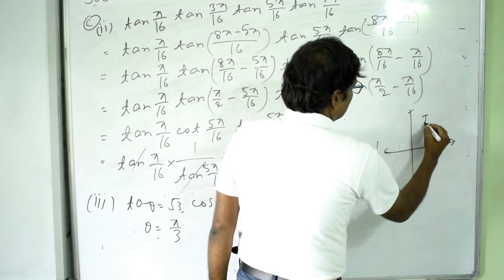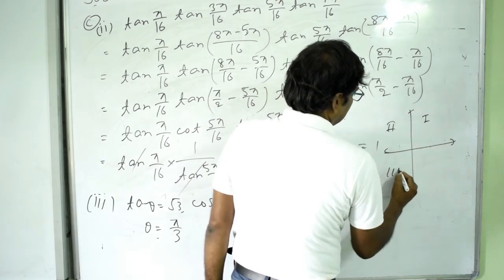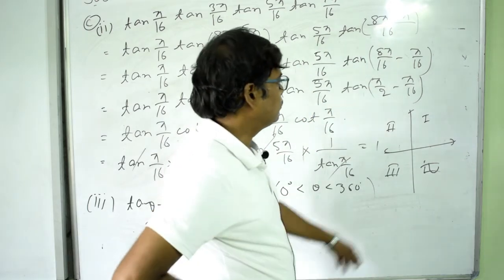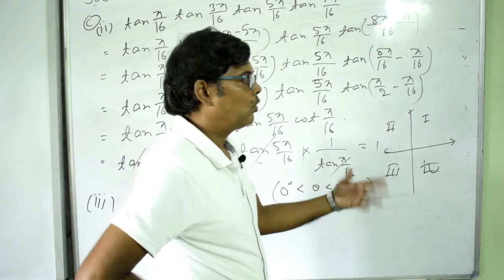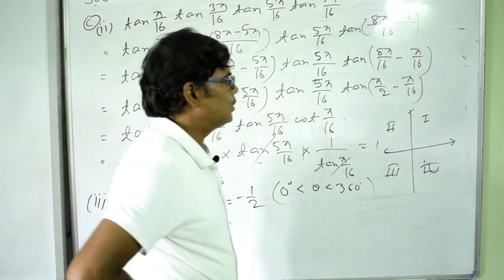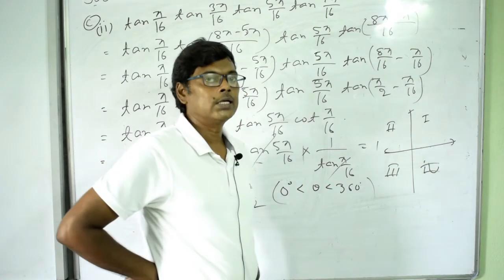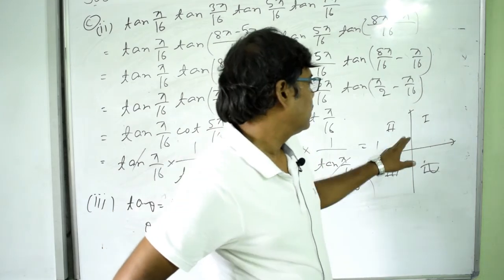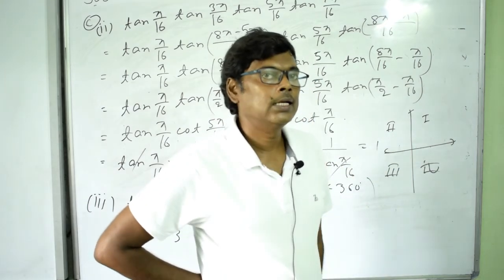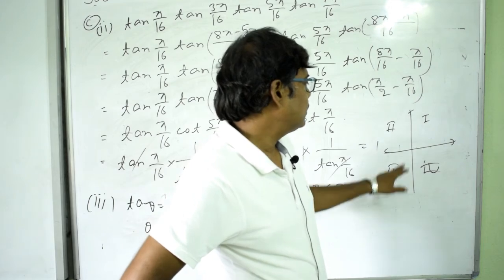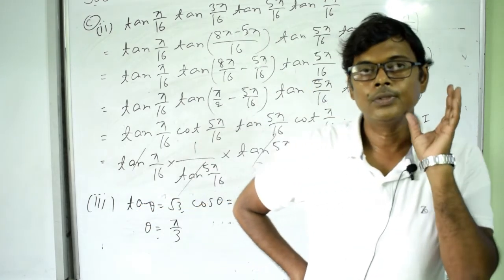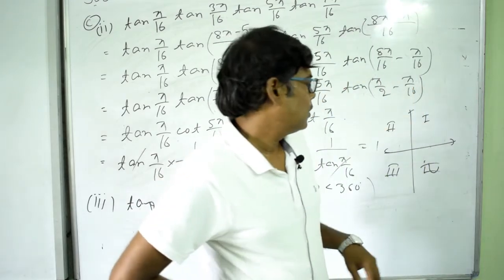Okay, this is the first quadrant, then the second quadrant, then the third here, and the fourth quadrant here. In the first quadrant all the trigonometric ratios are positive, and in the second quadrant only sine and cosec are positive. In the third quadrant tan and cot are positive, and in the fourth quadrant cos and sec